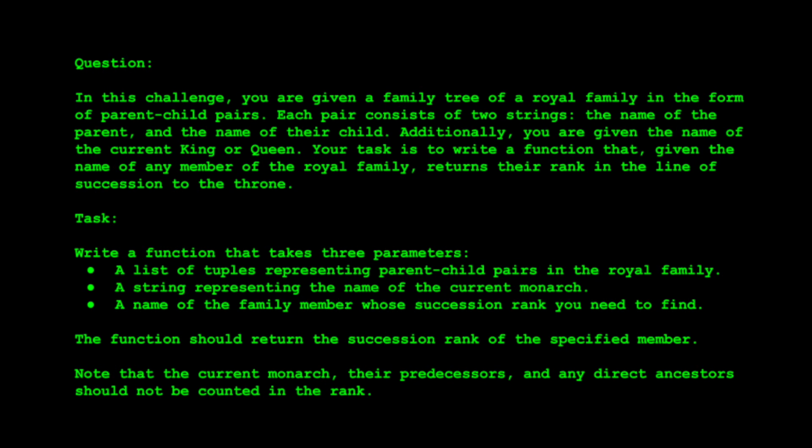In our challenge today, you're given a royal family tree as a list of parent-child pairs. Your task? Write a function to find where a family member stands in the line of succession. Here's the catch: the current monarch and their direct ancestors, including past kings or queens, don't count in the succession line. With a list, the reigning monarch's name, and a family member as the parameters, can you calculate the correct